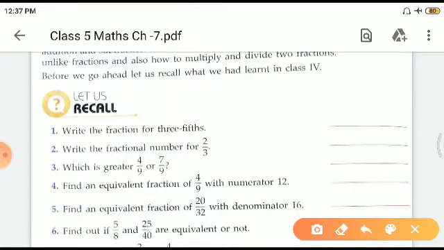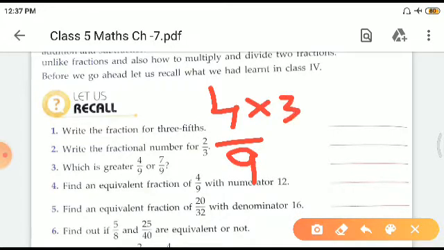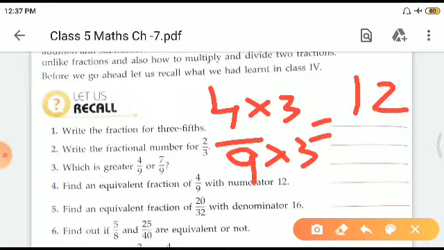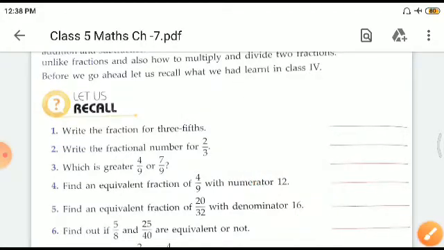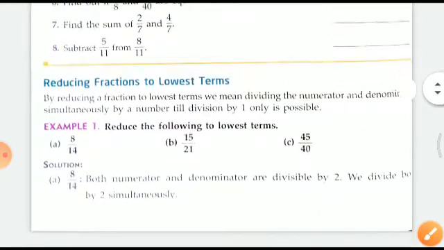See how I am showing it to you. So firstly we will write 4 upon 9, then into 3 there, into 3 here. So what we will be getting is 12 upon 9 threes are 27, right? So that will be the equivalent fraction of 4 upon 9, right? And this is how you will be doing this exercise, right? I leave the rest of the questions to you to do.